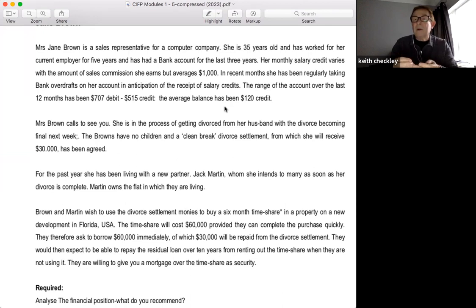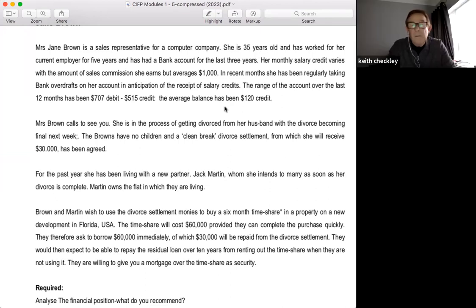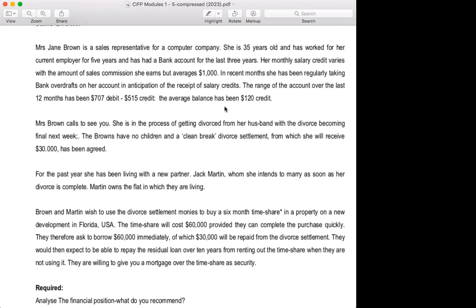And then we can talk to her about this $30,000. Now, the $30,000 has been agreed. When is it going to be received? That would be a very important question I'd want to ask. That's true. And we also didn't take into consideration that she's going to be married once again when she comes for this application. You did mention that we would have to now take into consideration her new husband's financial position as well. Exactly, so we're going to have a complete conversation with Martin.